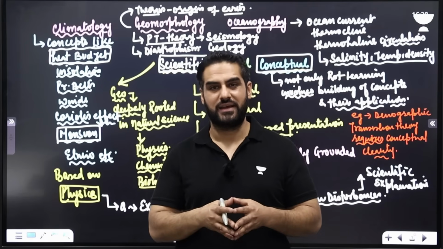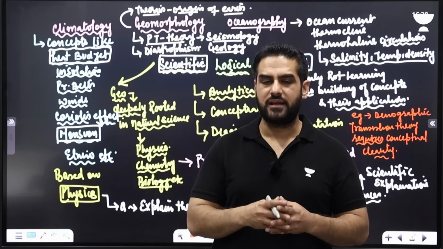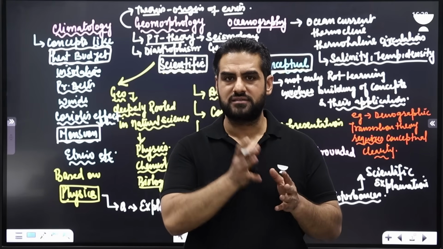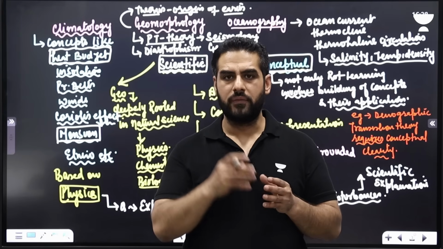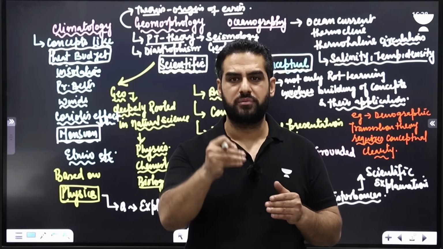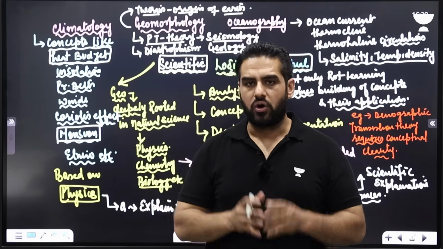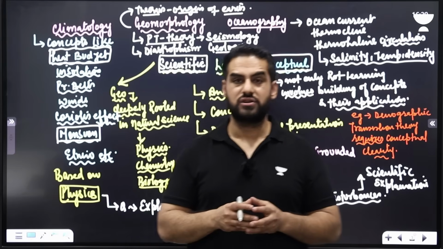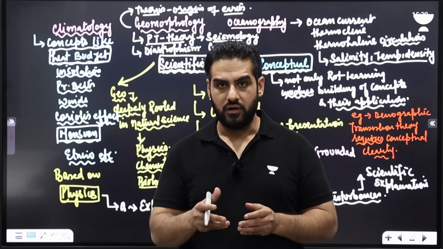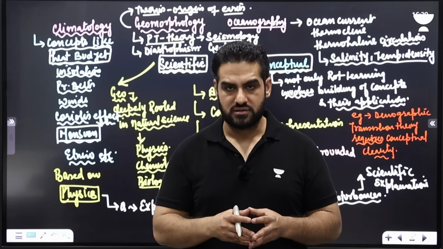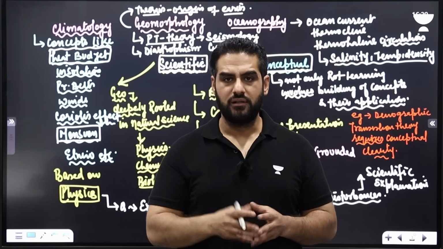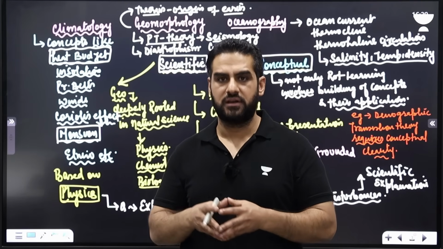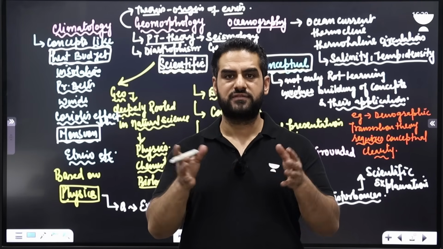Similarly, if you talk about with respect to agriculture, there is a theory of agriculture location in geography optional given by the von Thunen. It means the agricultural land use pattern on the basis of distance, transportation and perishability of the items. So all these require conceptual clarity rather than the rote learning. Especially if you talk about industrial location theory of Alfred Wegener, depending upon three main factors: transportation, raw material, and agglomeration. How these three important factors affect the location of an industry. This is all about conceptual and its further application.